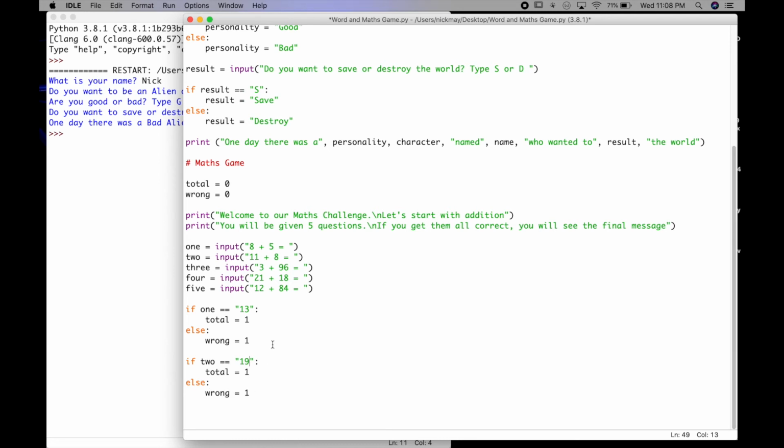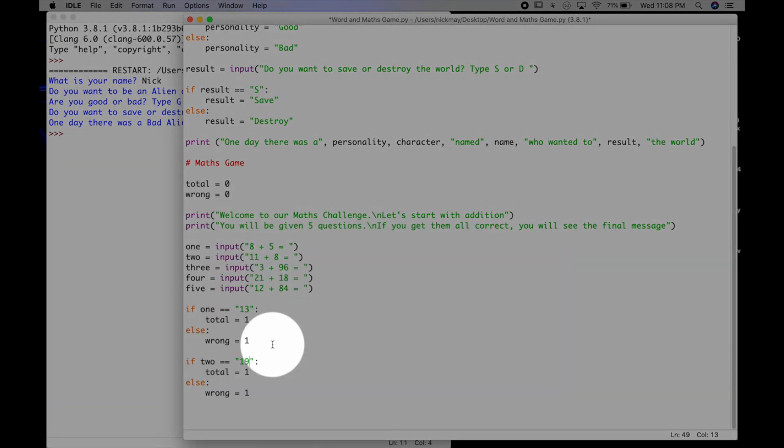However, this doesn't work. There's a problem here because let's say they get the first question correct and it makes the total equal 1. Okay, that's great. So the total equals 1. Let's say they get the second question correct and then we're making the total equal 1 again, but that's not right because they got that one correct and they got that one correct. So you can't do that. So what we have to do is we have to do a little trick in this one. And what we do is we say the total equals whatever the total is plus 1 more. So we're going to say,